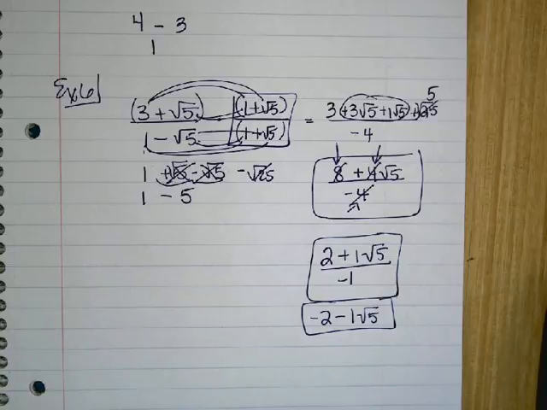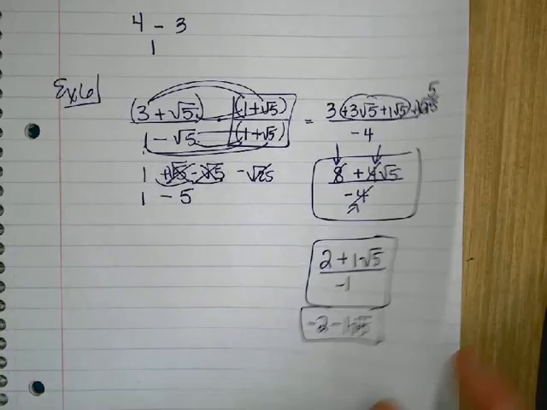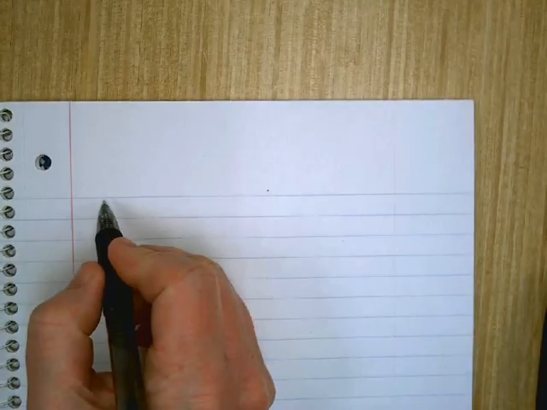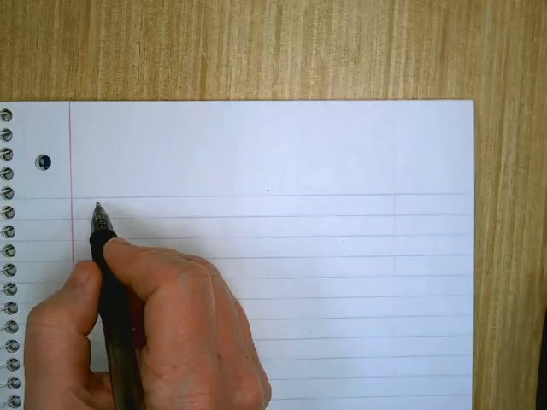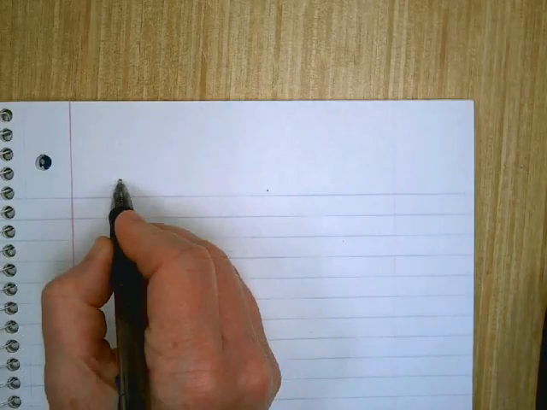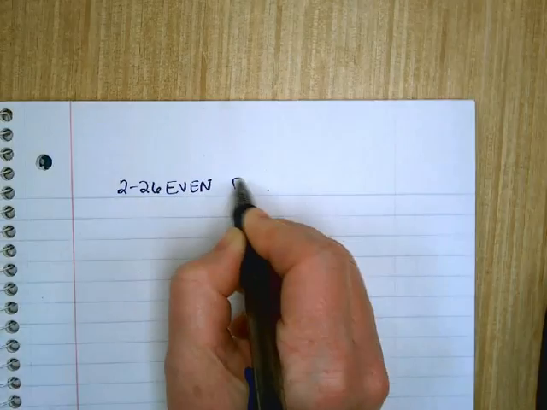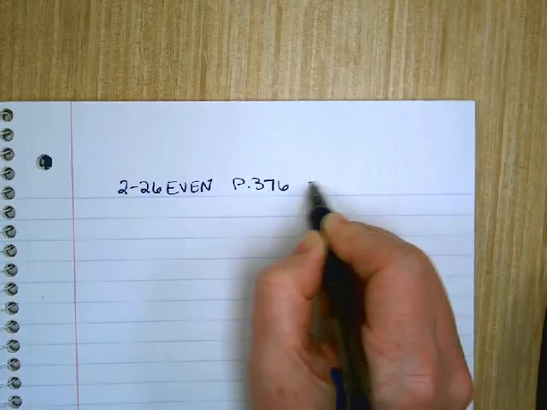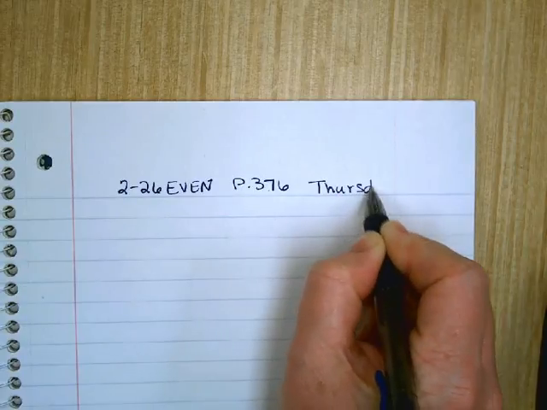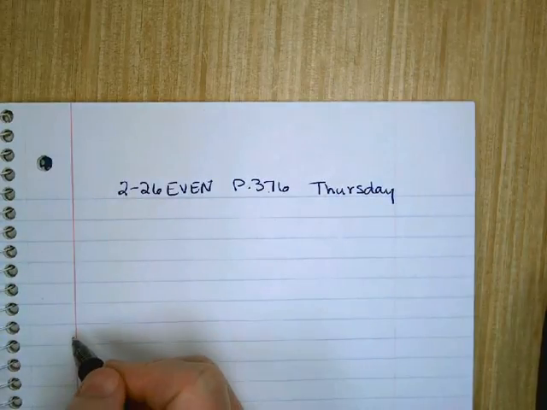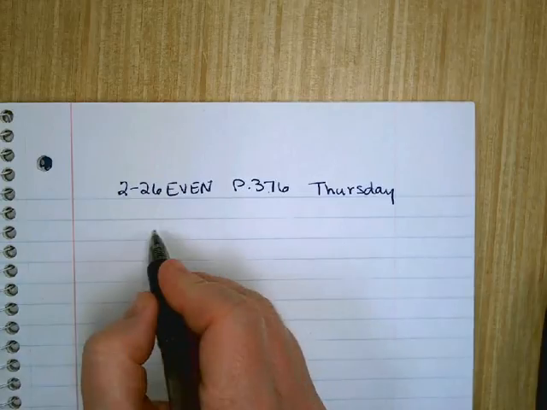Alright, let me give you some problems to work. I want you to do 2 through 26 even. Page 376. Today is Thursday. We'll do more on Friday, but for today that's what we're